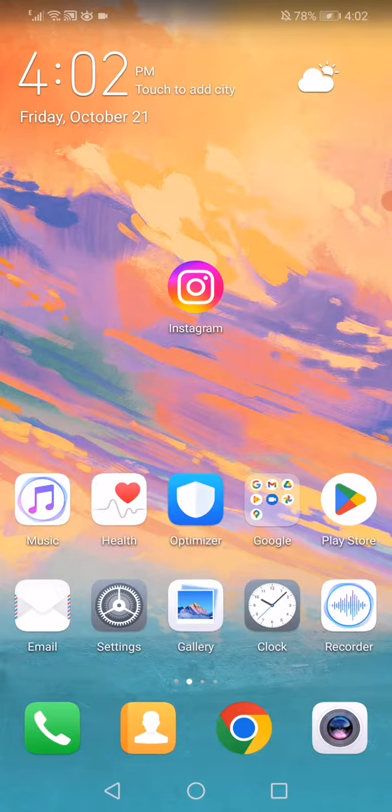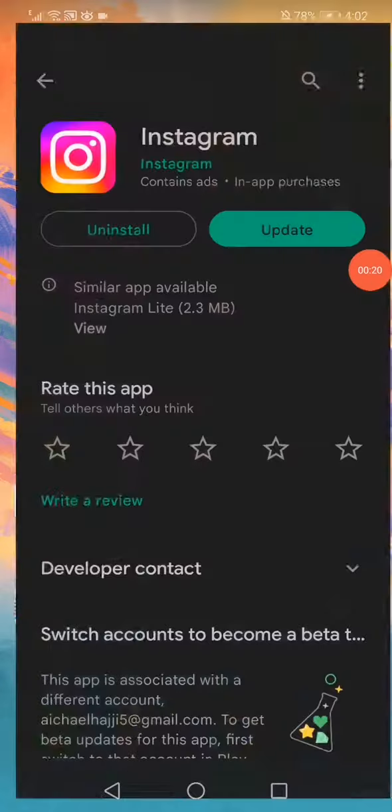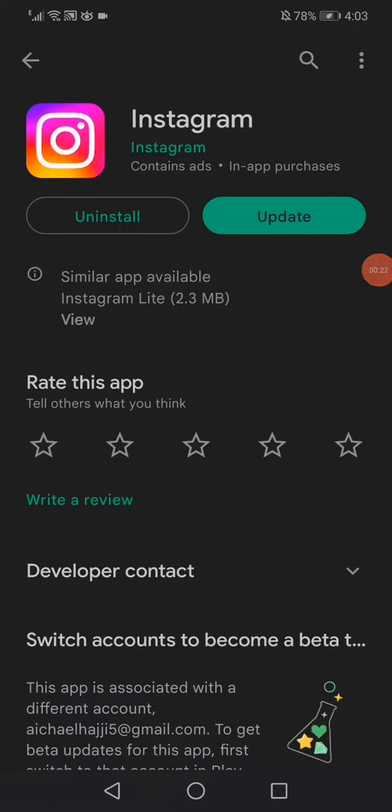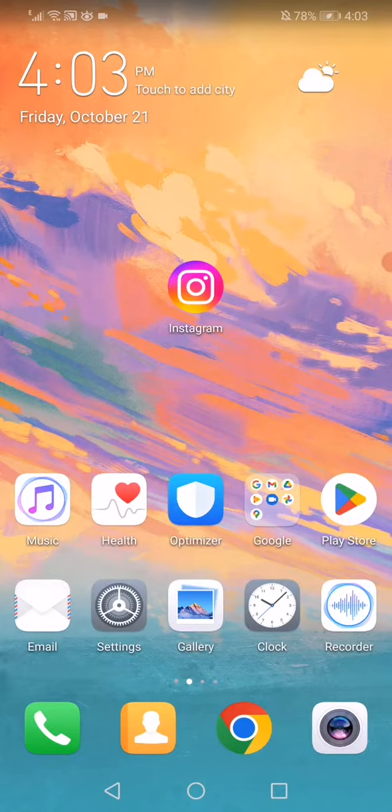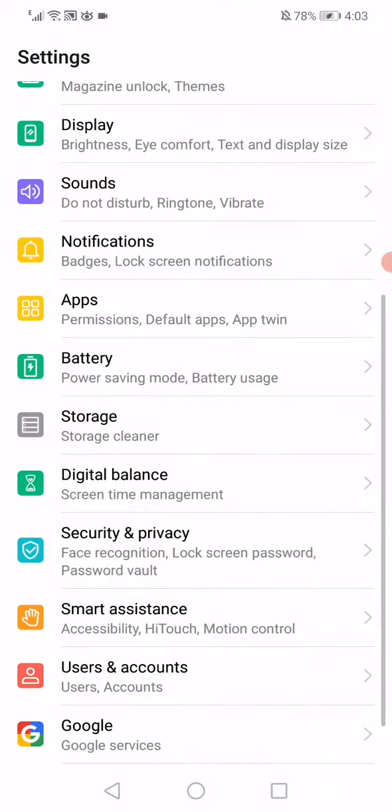The first way is just go to Play Store and then search for Instagram and check if there is a new update. If there is a new one, just click on update and it will update it, and the problem is going to be fixed. If there is no update, just go to the settings on your phone and go to